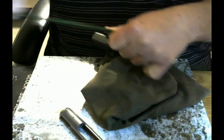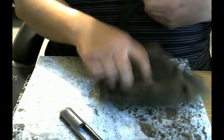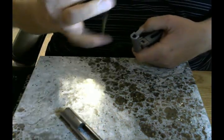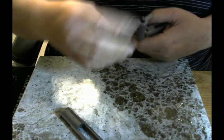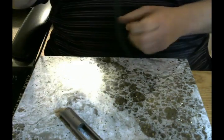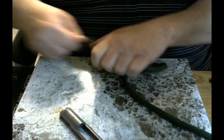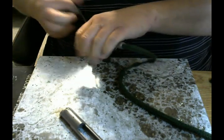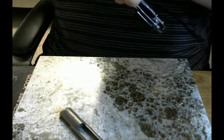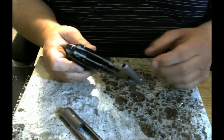And I just pull that through the barrel. And I usually like to run it through a couple of times there, just to make sure it gets good and clean. Alright, we're going to run that through our barrel there. Alright. Now that our barrel is good and clean,